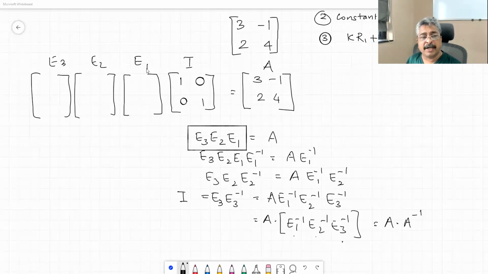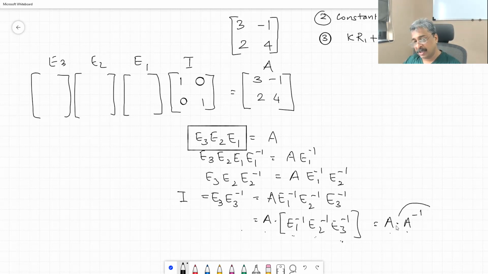Now, suppose you happen to get those three elementary transformation matrices, E1, E2, E3, which produce A, then the equation will look like E1, E2, E3 equals A. And we are finding it difficult to search for these. So suppose they are E1, E2, E3. Can we transpose them to the other side? I mean, make the LHS identity by multiplying by E1 inverse on the right side. If you do it for all three, you end up getting A into E1 inverse, E2 inverse, E3 inverse, which is A into A inverse, which is identity.